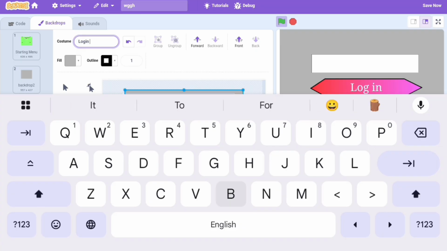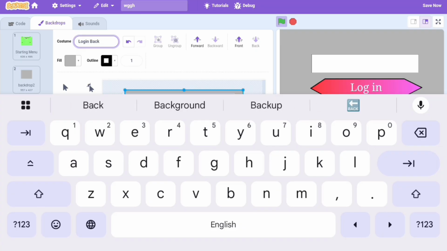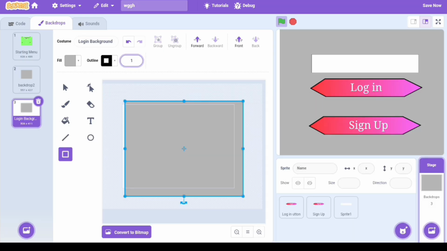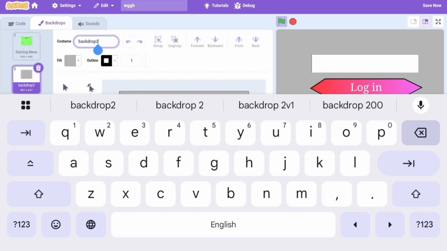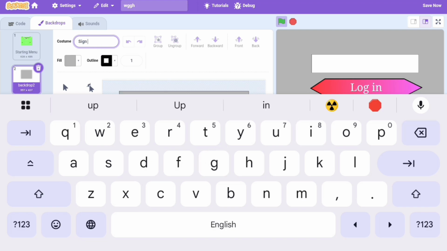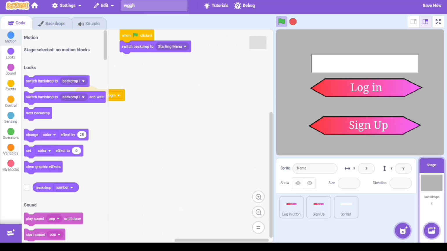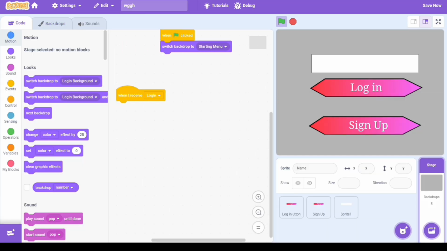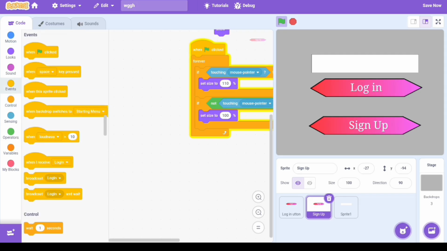Now when I receive login, set that back to starting menu. And backdrop 1. Set that to